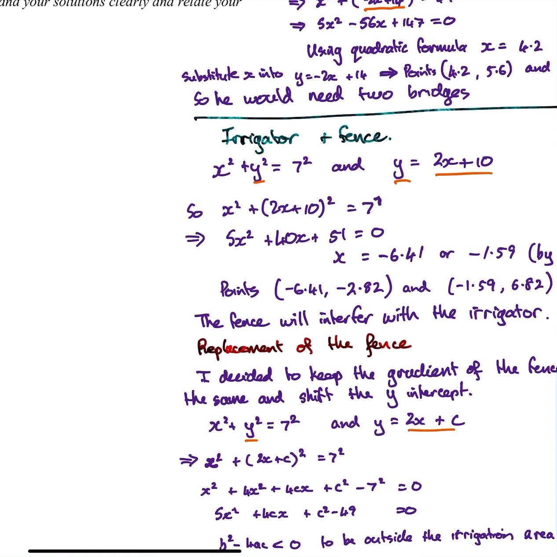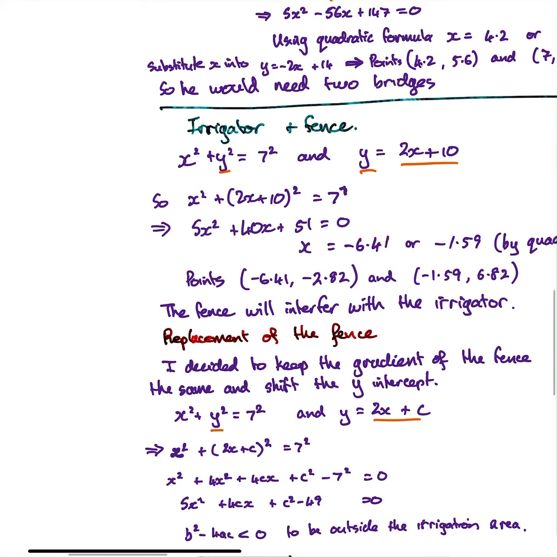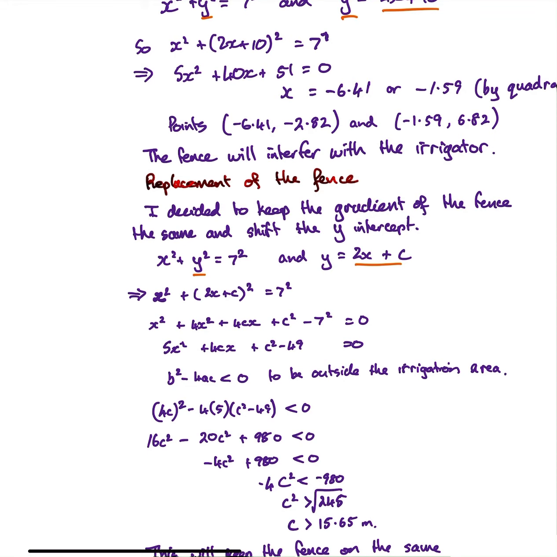So the fence equation is y equals 2x plus c. You put that into the circle equation, expand it, and you get a quadratic. And so you do b squared minus 4ac, it has to be less than 0. There'll be no solutions. That will be outside the irrigation area. So a is 5, b is 4c, and the letter c in this case is c squared minus 49. That's for the discriminant. So you put it into there, and you find that as long as c is greater than